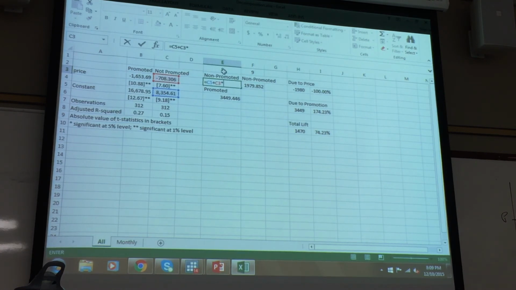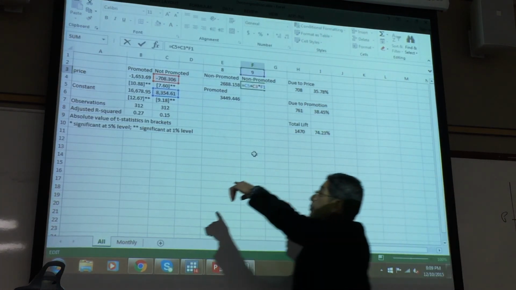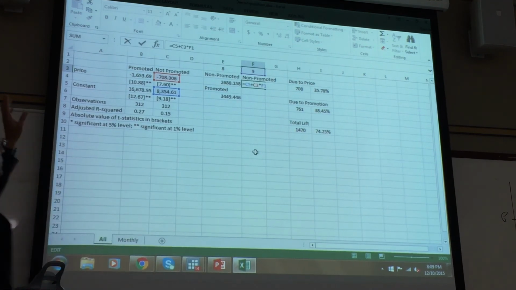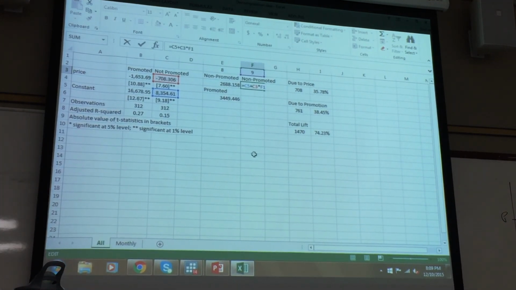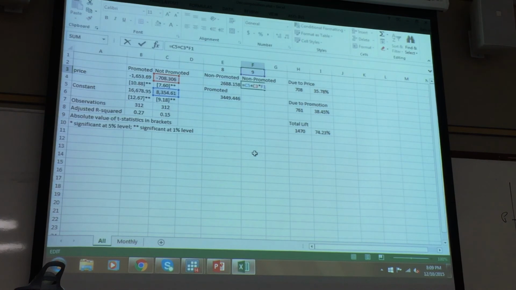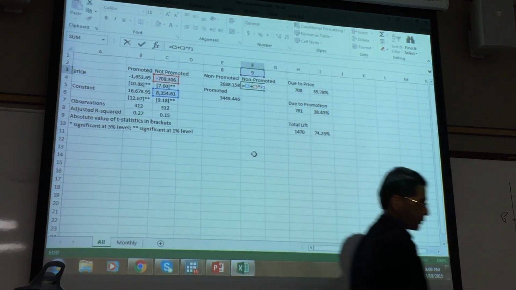And let's do $8, since we're in the $8 cell. The non-promoted demand evaluated at the non-promoted price is again the same thing. It's constant beta 0 plus beta 1 times the non-promoted price,